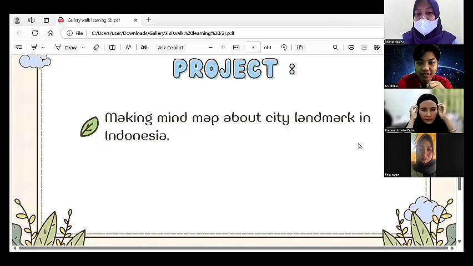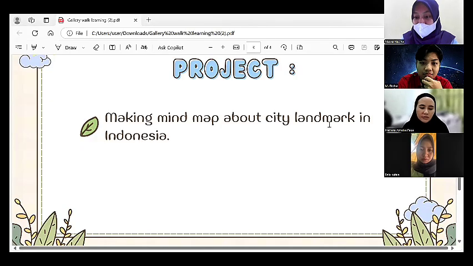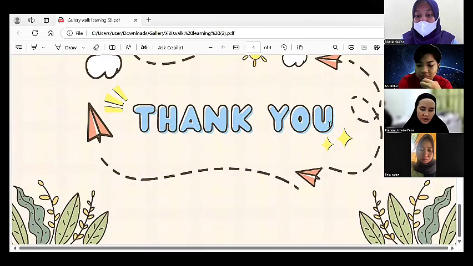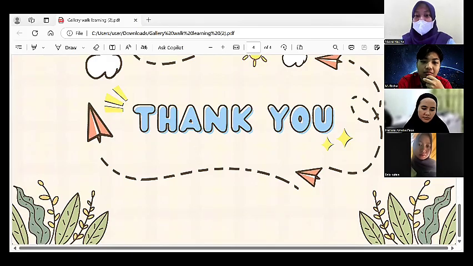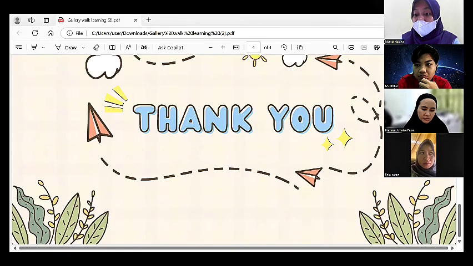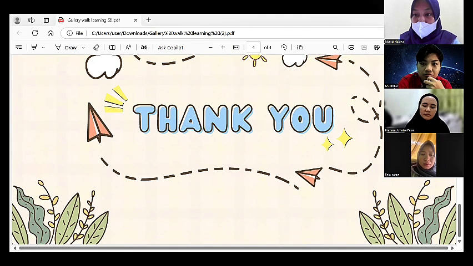I want you to make a mind map about a city landmark, something authentic from each city in Indonesia, ciri khas from each kota in Indonesia. I'm going to show you the example. Okay, this one, Borobudur Temple. Temple is candi. So I want you to make a mind map about the city landmark, and then you can add a lot of things